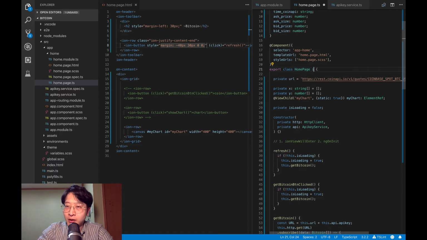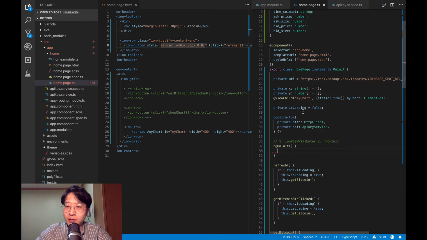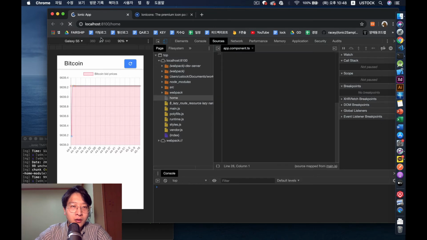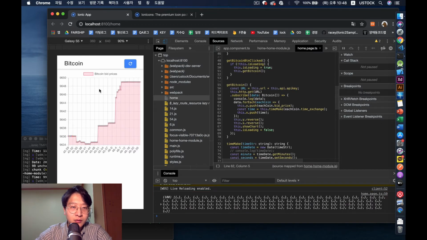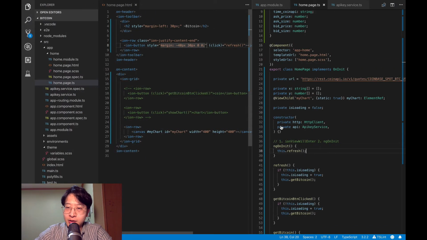Okay, so first one, implements OnInit. So it complains, and then we need ngOnInit, and after we put that, it doesn't complain anymore, and we just simply need to put this refresh. That's it. So when it refreshes, see, if I refresh, it does this. Now let's do the first one,